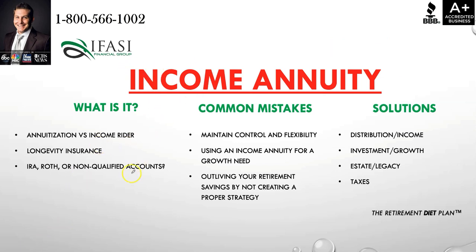So this is why you leverage an income annuity. It's mainly for that longevity insurance, that peace of mind that you want to receive an income stream. You do not want to outlive this income stream. You do not want to try to risk the money in the market. You just want to say, okay, there's going to be a constant paycheck coming to me or me and my spouse every month, every year to the day that we pass away, and that's how it's set up. So it's a type of longevity insurance.